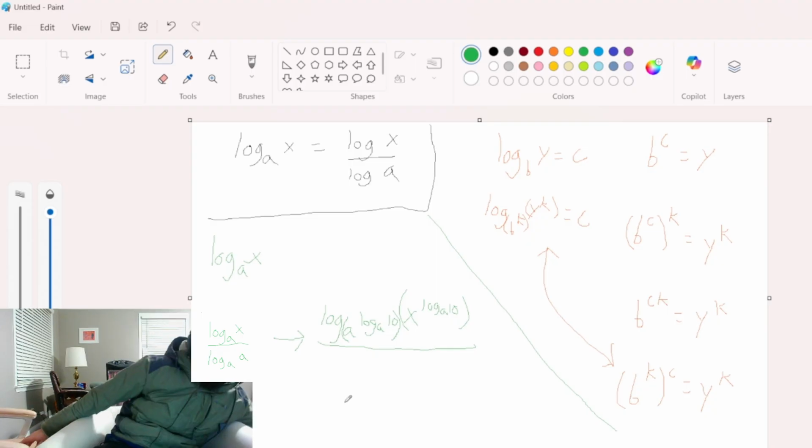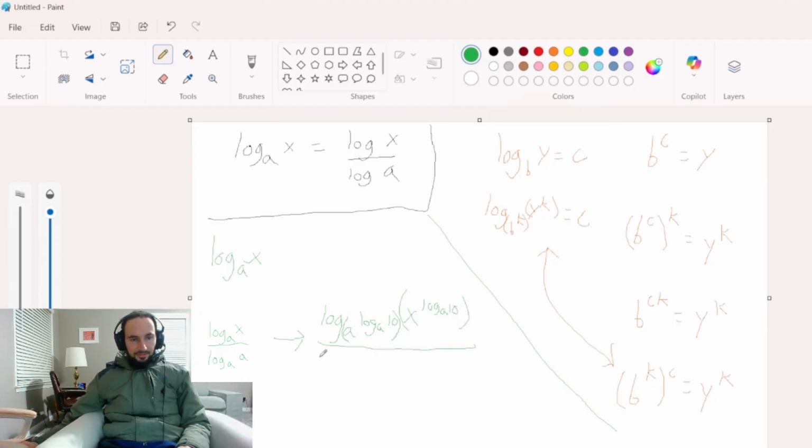And since we want a log base 10 in the denominator as well, why don't we do the same thing down there? So log base a to the log base a of 10. Okay, that's our base of, well, a to the log base a of 10. Inside. And this is going to allow us to get a lot closer to where we want to be,